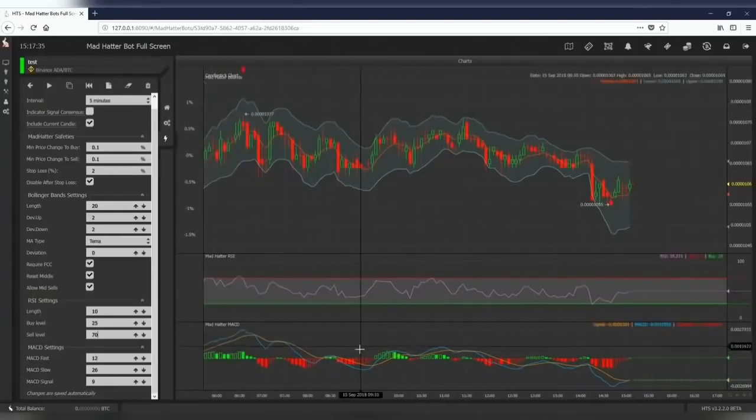And finally, MACD. MACD is, like I said, moving average convergence. So you're looking for areas that look like this, or right here, before the two lines